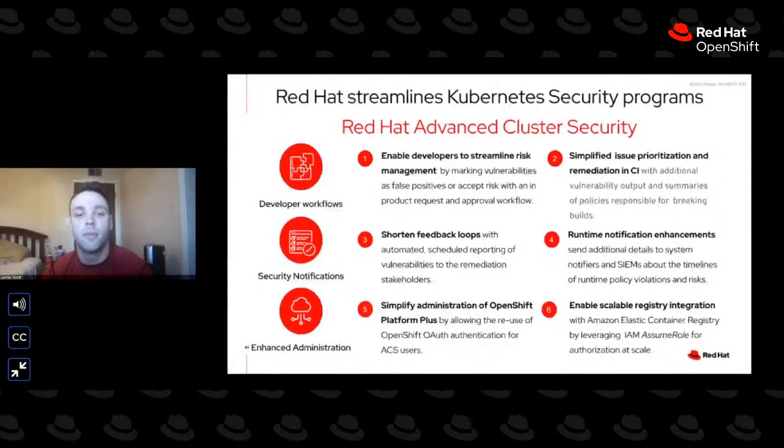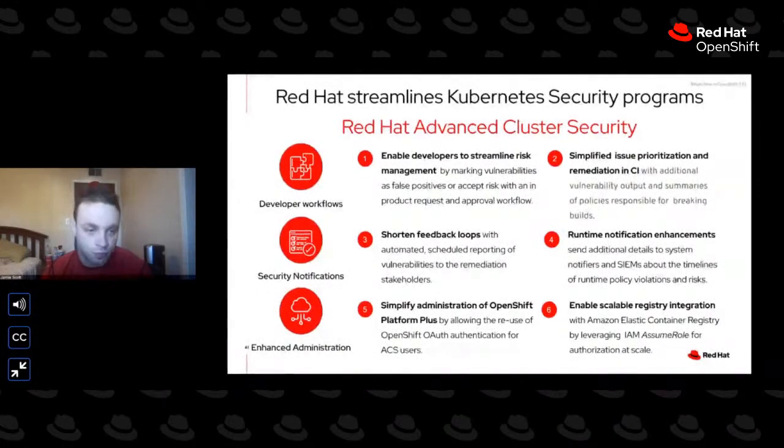We've done that by implementing scheduled reporting for vulnerabilities for standard remediation stakeholders. We've also improved our runtime notification enhancements by ensuring that we're sending detailed system information to a SIEM each and every time that a potential policy violation is